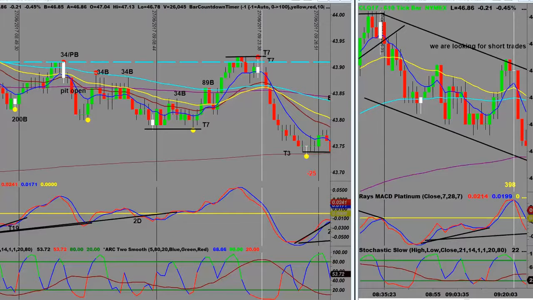Now just for your own records, this is a CL chart, a 233 tick, and it wouldn't matter what market this is, you'll see it's almost identical in every market with channels, the way they're formed and the way we set them up. So this is a 233 tick, and my anchor chart is a 610. Now what we can see here is, and I'm going to expand in a moment, but I wanted to show you this,